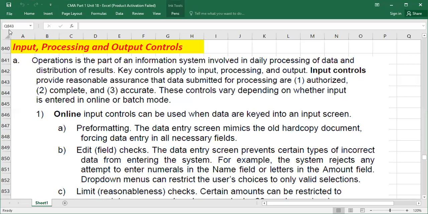Hello guys, so today we are going to discuss unit number 18. This is the last lecture for unit 18, and unit number 17 plus unit number 18. This section is called internal controls, and this is 15% of your exam. We have already covered unit 17, and we also covered some portion of unit 18. So today we are going to cover the remaining part of unit 18, and our main topic is input controls, processing